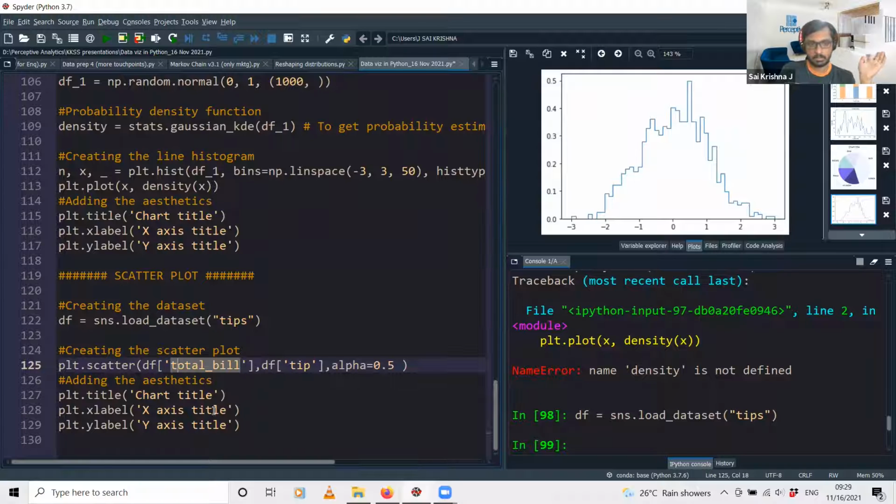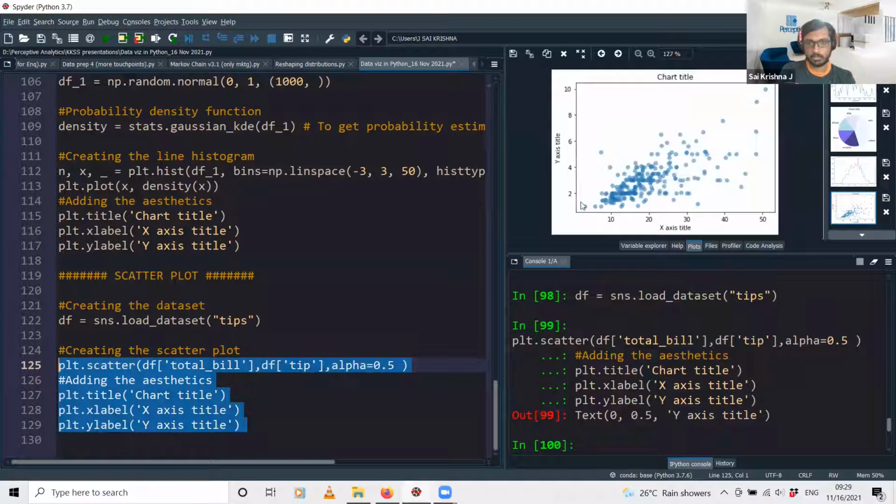For this we use the function called scatter. Let me just run this line of code. Yeah, now you can see we have the scatter plot between the total bill and the tip amount. Again, the alpha value indicates the transparency of the points that you have on the graph. Here you can see they are a bit transparent, because in some places one circle lies underneath the other one. That is how you build the scatter plot.